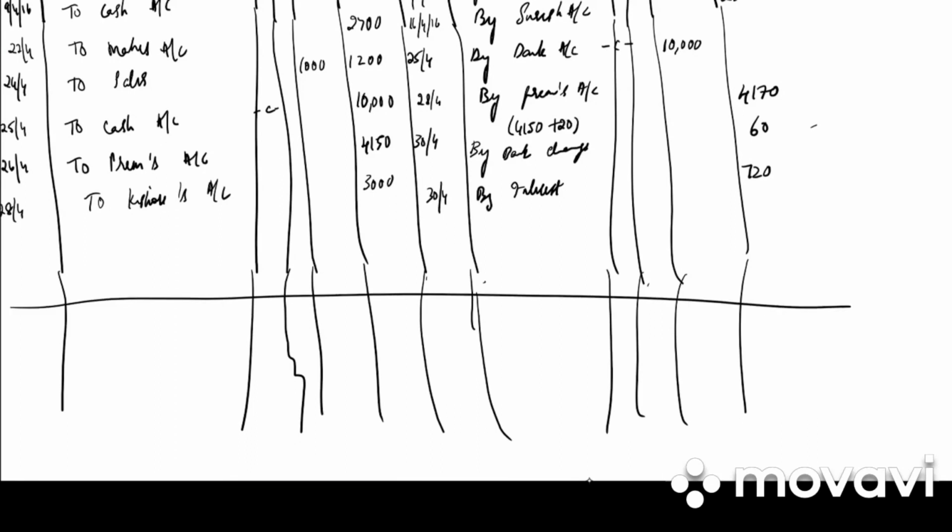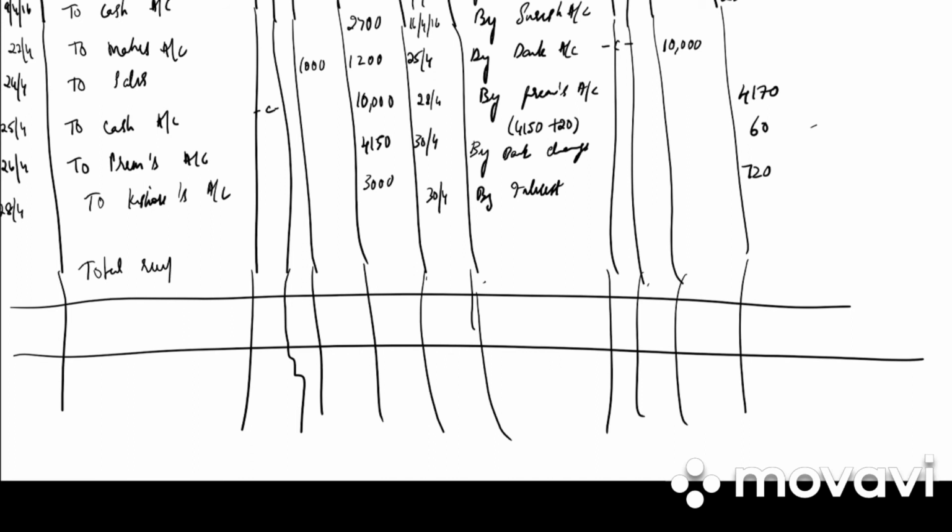So now we need to total our cash book. So what is the total receipts? Cash column it is 35,420. Bank column it is 41,650. And what is total payment? 27,250 cash column, 50,950 bank column. So for our cash, which side is more, debit side or credit side? Our debit side is more, that is 35,420. And for bank, our credit side is more, so we will be writing 50,950, 50,950.